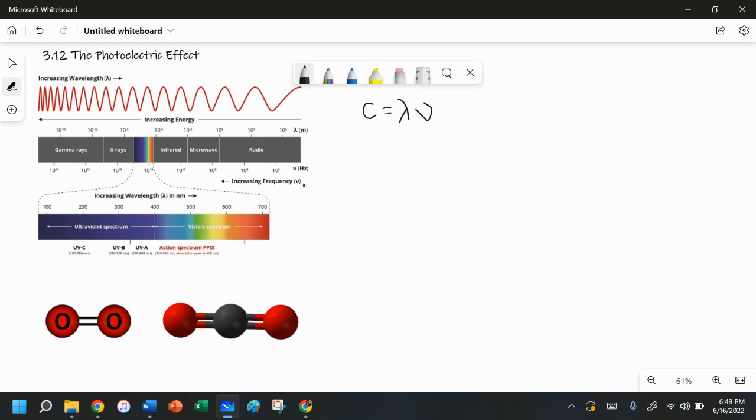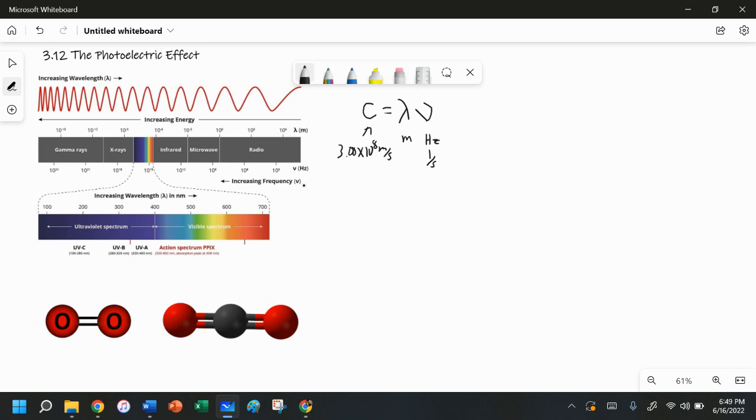And this is the Greek letter nu, which stands for frequency. The unit for wavelength that we will conventionally use is meters. The unit for frequency we're typically going to use is hertz, and a hertz is exactly the same as an inverse second. C is the speed of light, which is 3.00 times 10 to the 8th meters per second. This equation, as well as the speed of light, will be given on your equation sheet, so